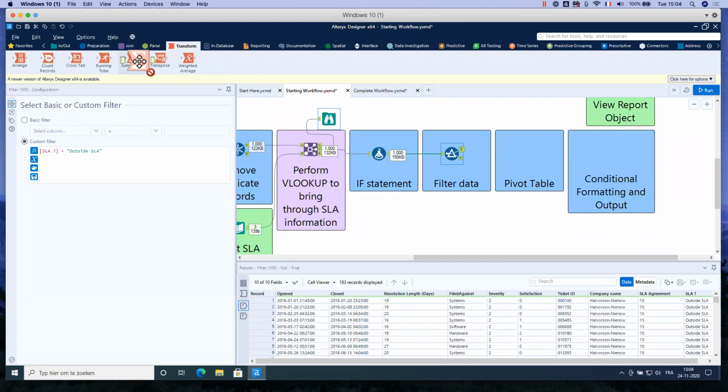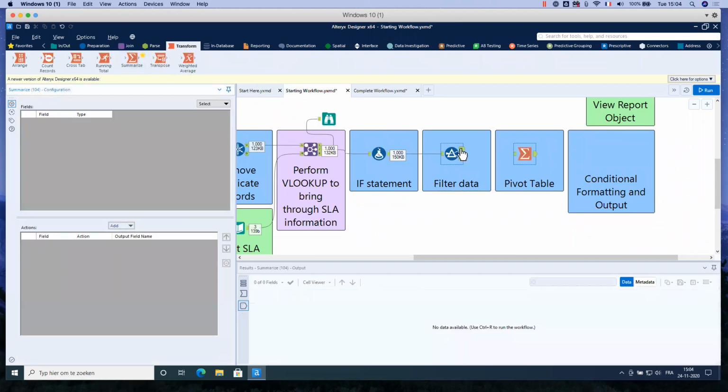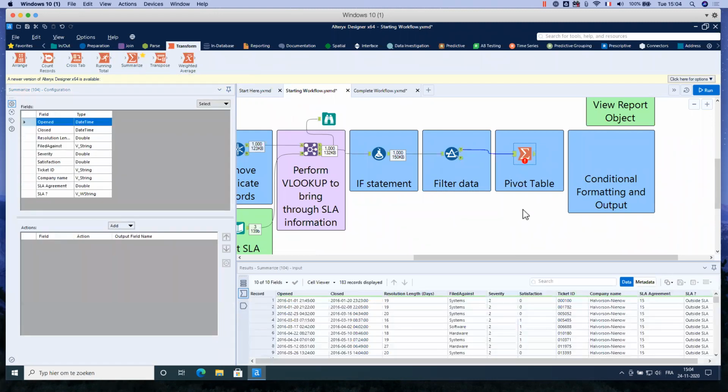You select Summarize and drag it here. I make the connection from the true anchor to the Summarize. Here you have the ability to select the field you wish to bring through. Once you have highlighted the field, you must then specify the aggregation.